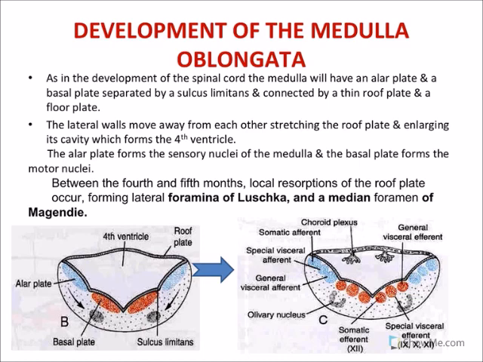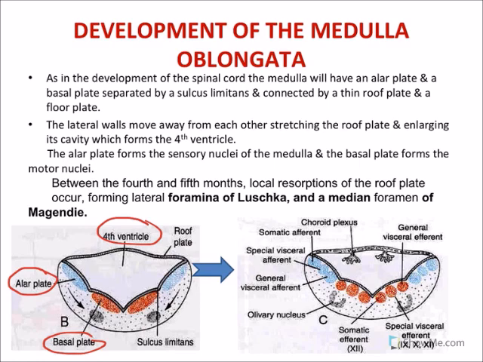The distal vesicle, the myelencephalon, follows the same development as the spinal cord; the same steps occur in the development of the brainstem. If you remember, we have an alar plate which lies dorsally in the spinal cord, and a basal plate which lies ventrally in the spinal cord, with the central canal inside the spinal cord. So in the case of the medulla oblongata, we also have the alar plate which lies dorsally, and the alar plate will give rise to